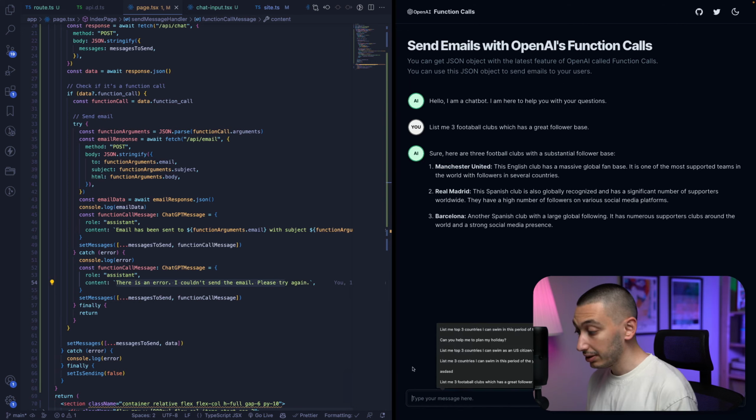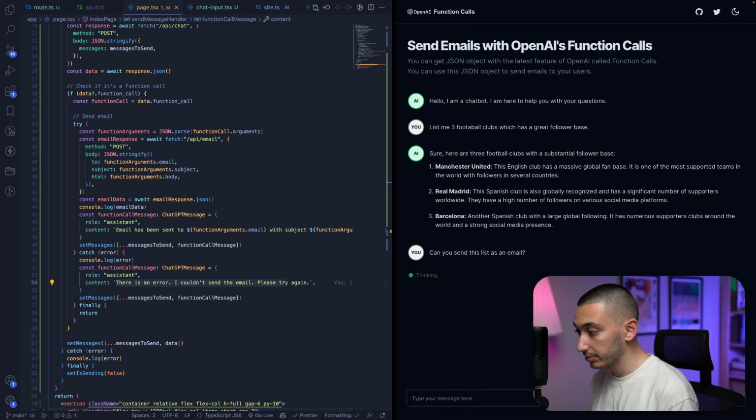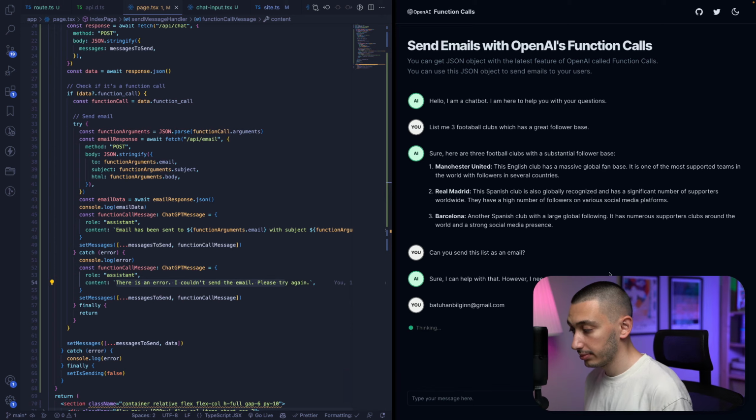And we can say that, we can ask it first, can you send this list as an email? And it will ask the recipient's email first, because we provide this guideline in our system prompt, right? So we can say our email like this, and it will send the email to this recipient for us. Yep, email has been sent to this email with the subject 3 football clubs which great follower base. Okay,